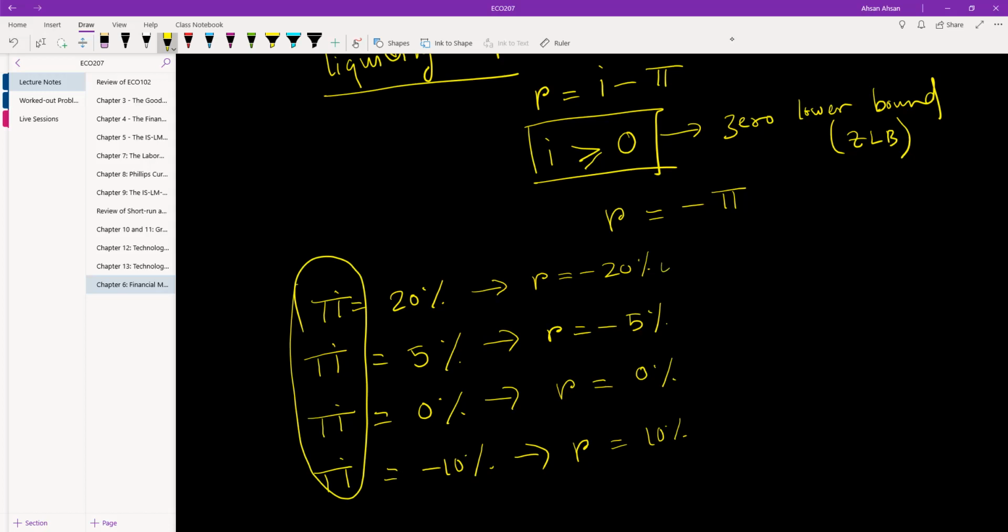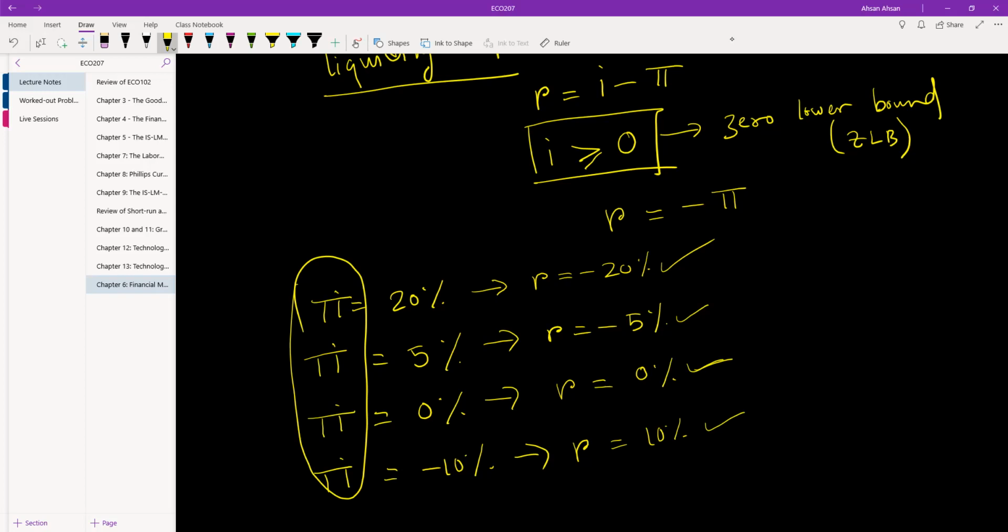In this case, the liquidity trap does not come into effect until the real interest rate falls to minus 20%. It's very, very unlikely that this will happen. In this case, not until the real interest rate is minus 5%. Even this is quite unlikely. But over here, we face a liquidity trap the moment the real interest rate gets to 0%. And over here, the moment the real interest rate reaches 10%,